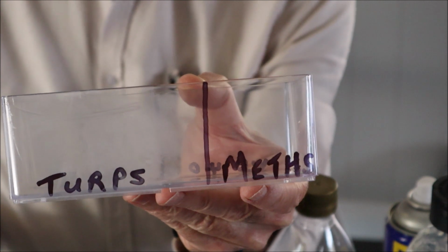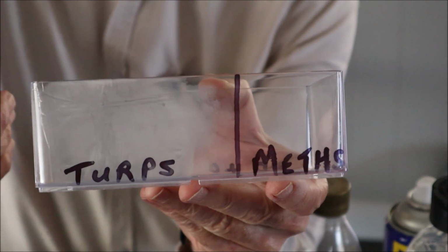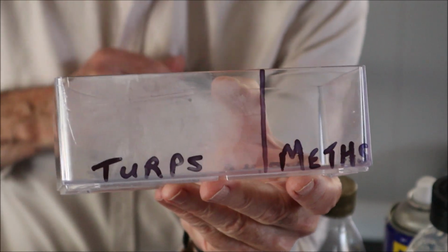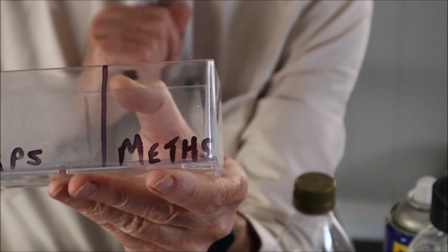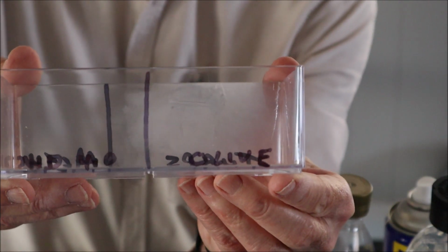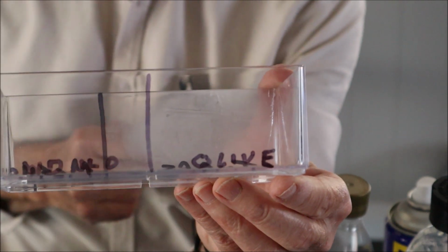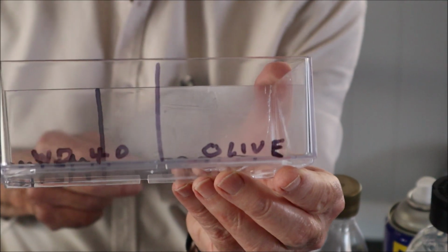Now, just to show you the sort of damage that turpentine can do on certain plastics, this is a very hard plastic. I think it's a polystyrene type of plastic, and the turpentine made it go all cloudy, you can see there. And in this area here I tested with meths, and that's fine, didn't do any damage. And on the other side I tested with WD-40 and I tested with olive oil, and none of those did any damage. So in a case like this, after you've done your test and you see that turpentine is going to cause you a problem, then you've got to go for one of the other oils like olive oil or